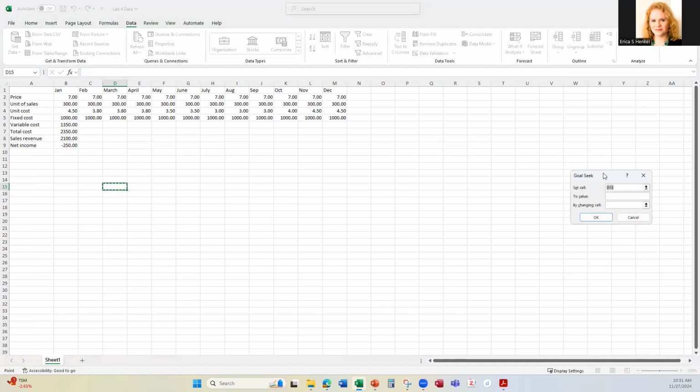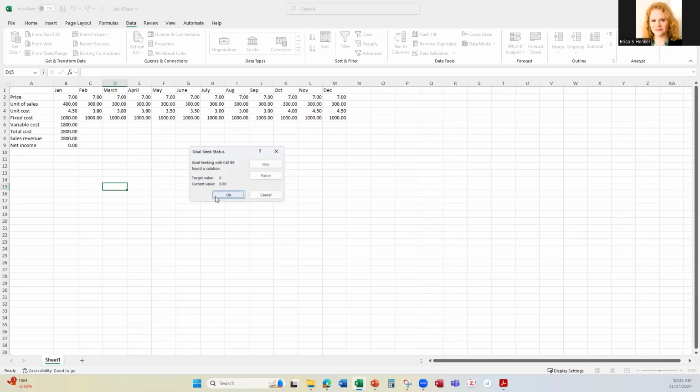All right, so the cell that we want to use here, we're going to set cell B9. That's the one we want to enter. And then we're going to set that to 0. So our goal value for this goal seek analysis is 0 in cell B9. All right. Now, what are we going to change in order to make that happen? We're going to change our number of unit sales. So I'm going to put this in as an absolute reference here. Right, so changing cell B3